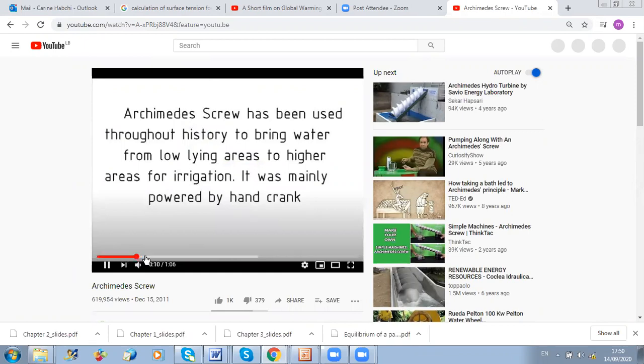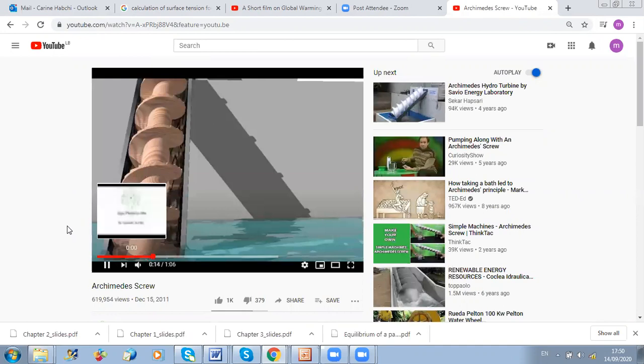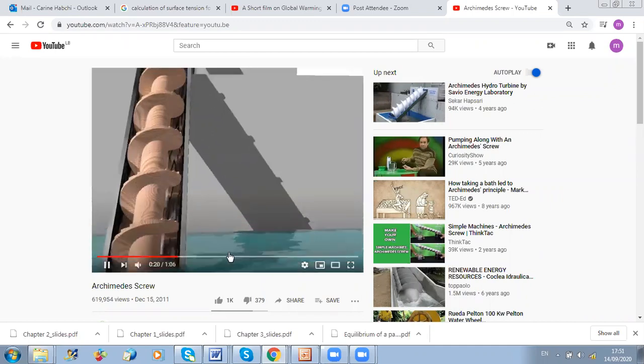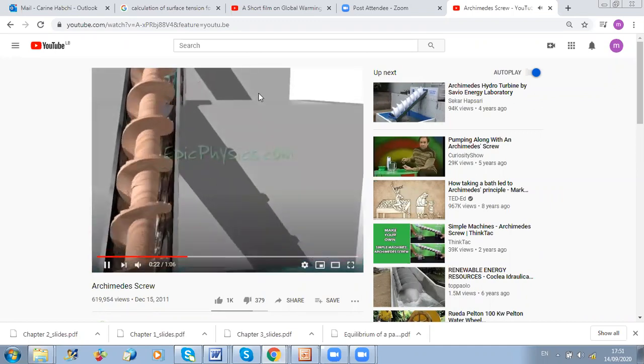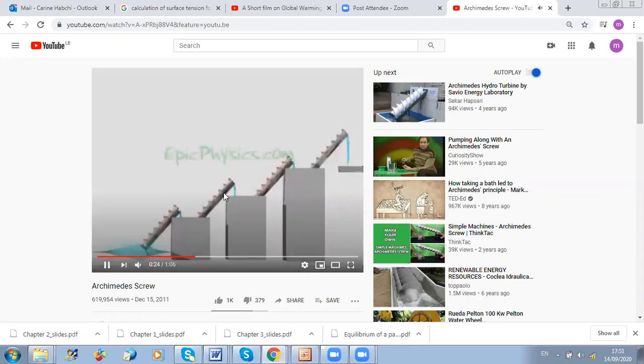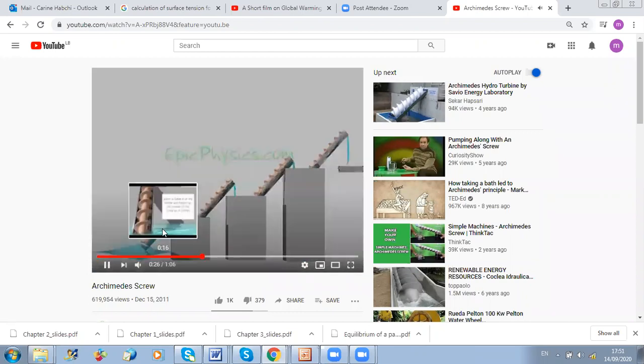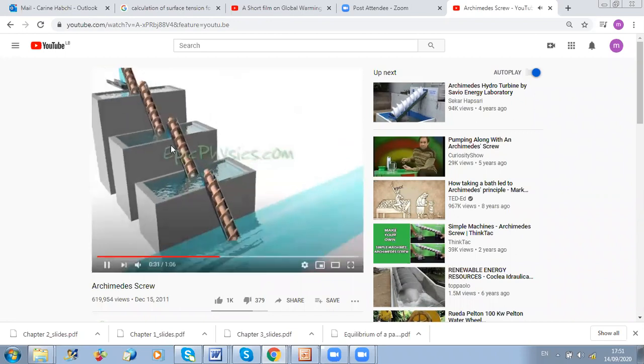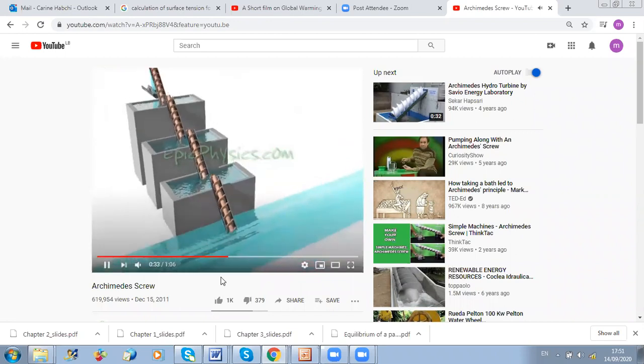Yes. Okay, so look, here I just have to produce rotation of this shaft, and in this way I can lift water from a low level to a very high level. So as you can see here, okay, by having several screws and rotating them, I can lift water from the low level to the higher level. Okay,